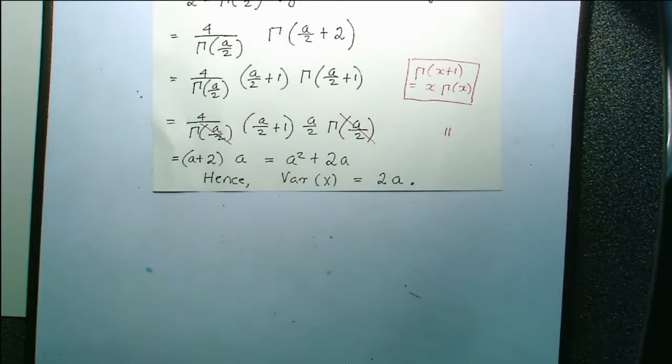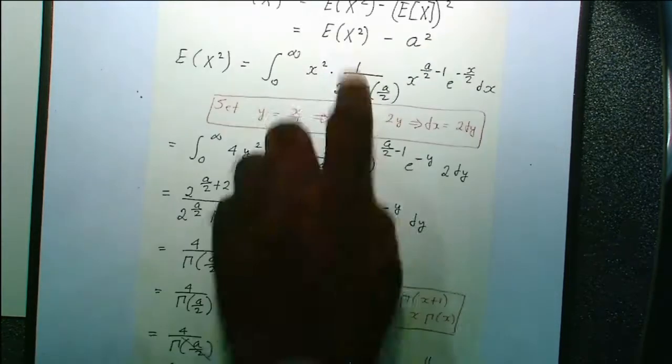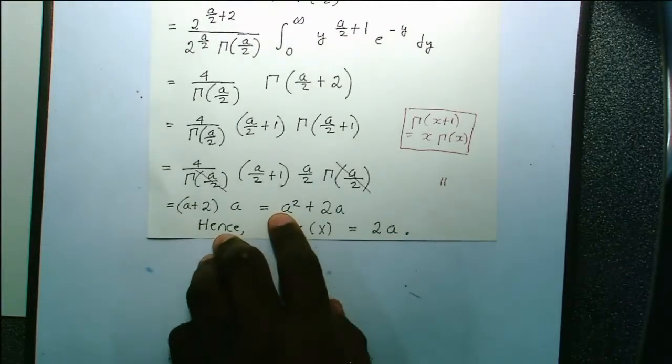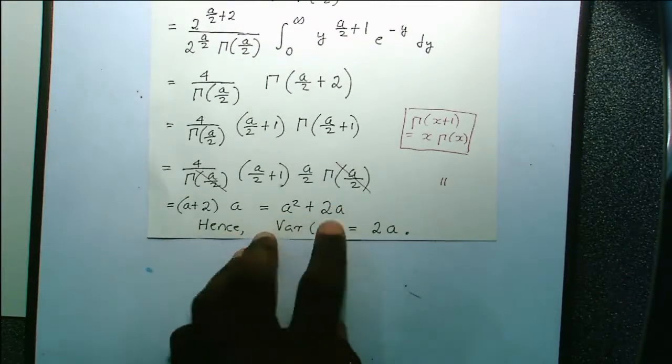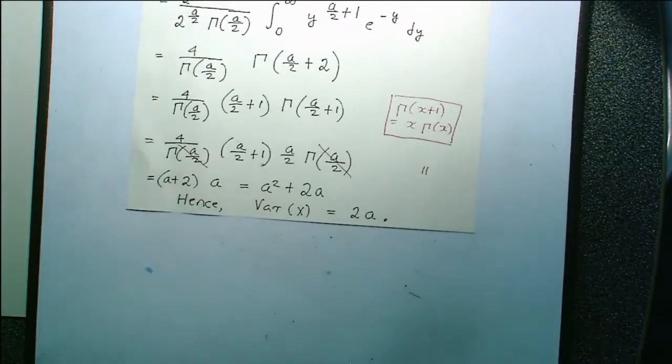Are you guys with me? We have proved that the variance of a chi-squared variable with a degrees of freedom is 2 times a. It's just the difference between a squared plus 2a and a squared, which is 2a, right? All right, now